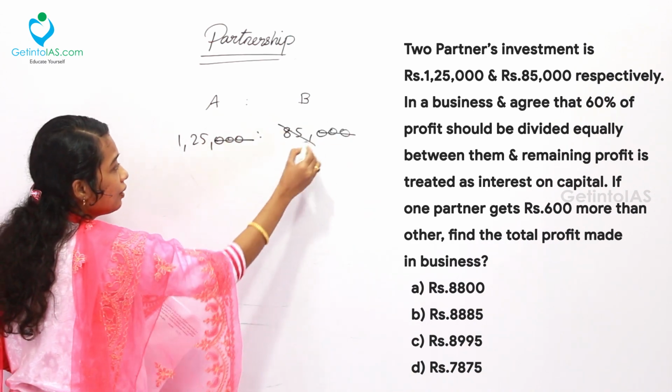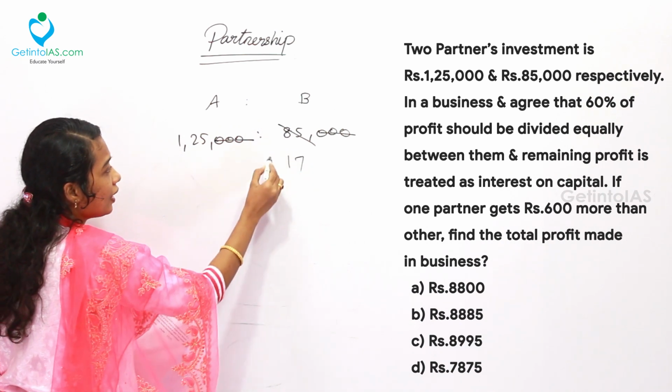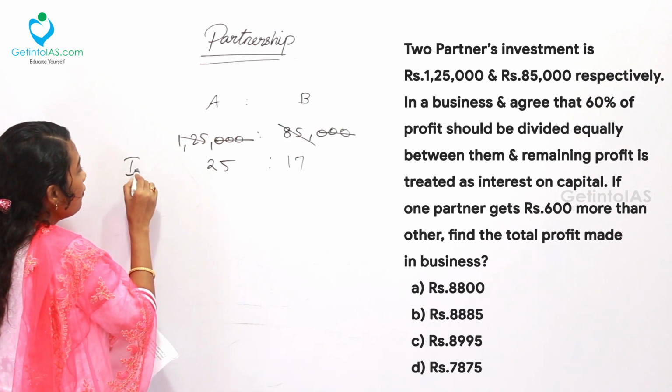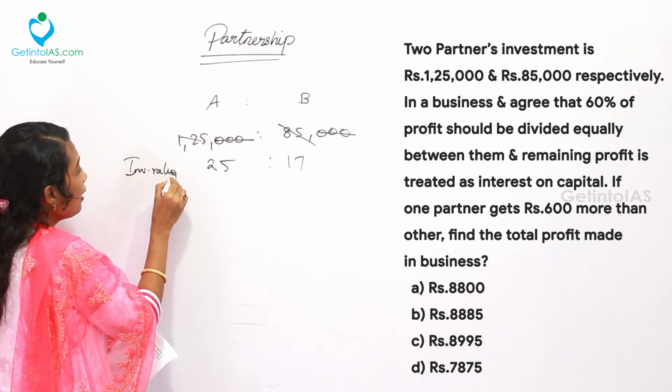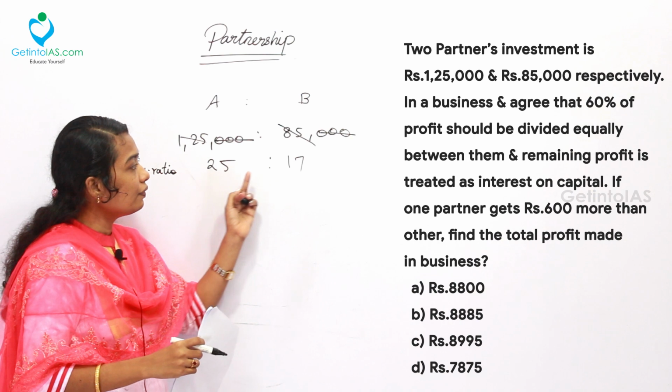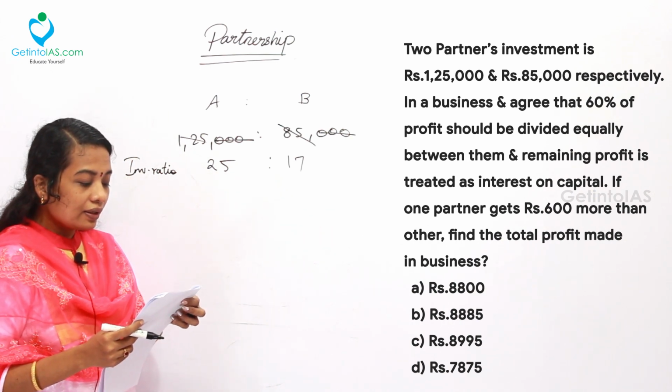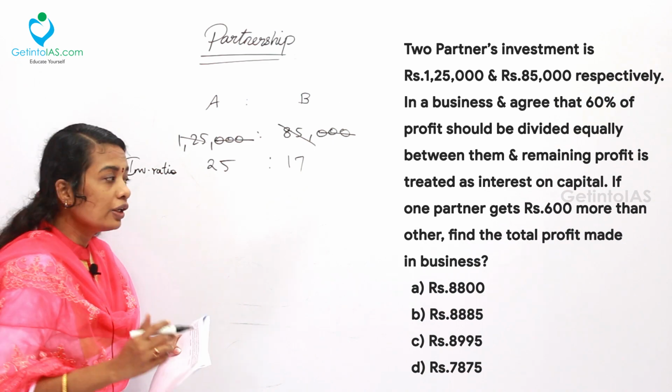Cancel. Here 5 can be cancelled 17 times. Here 5 is presented 25 times. This is the investment ratio between A and B, that is 25:17. The next point is they agree that 60% of the profit